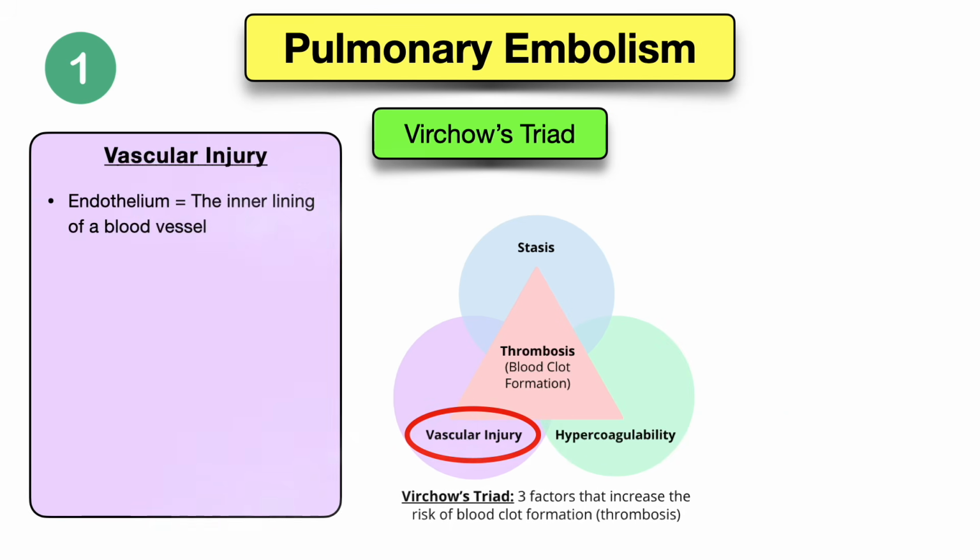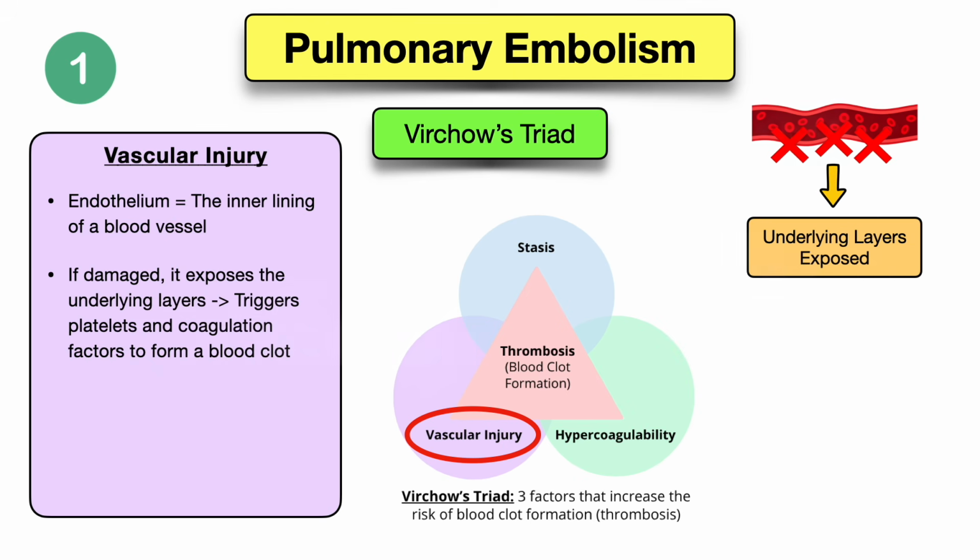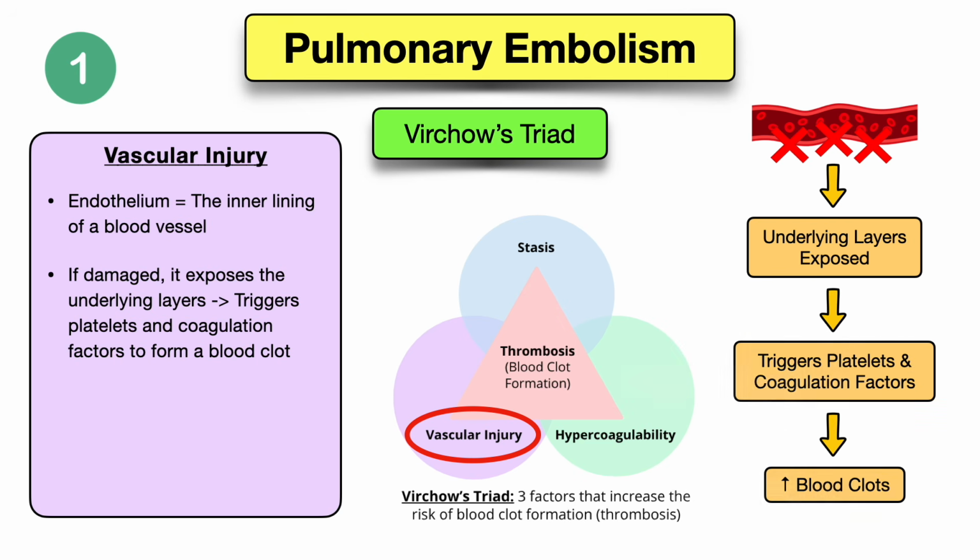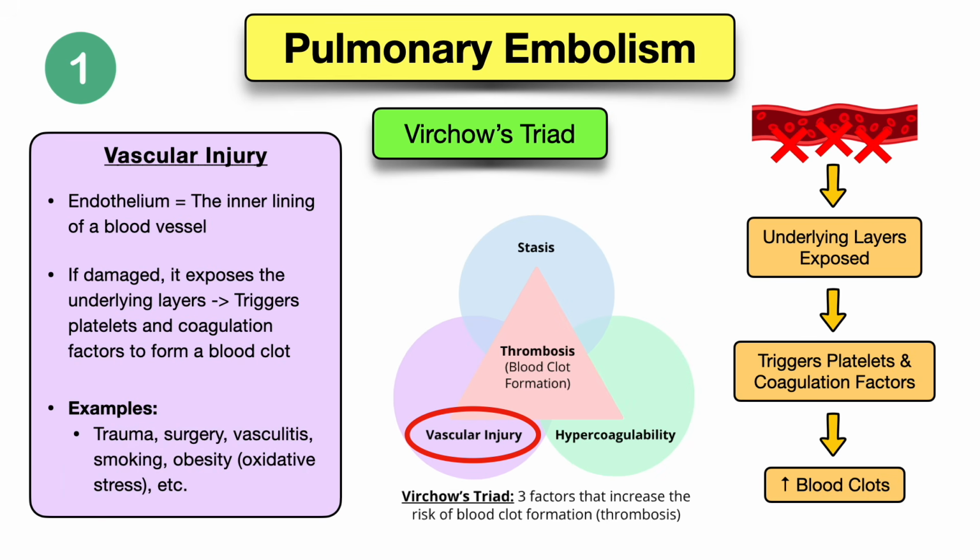The final factor in Virchow's Triad is vascular endothelial injury. The endothelium is the inner lining of a blood vessel. If the endothelium becomes damaged, then it exposes the underlying layers, and this triggers platelets and coagulation factors to form a blood clot. Situations that can damage the vessel wall include trauma, surgery, vasculitis, smoking, and oxidative stress from obesity,